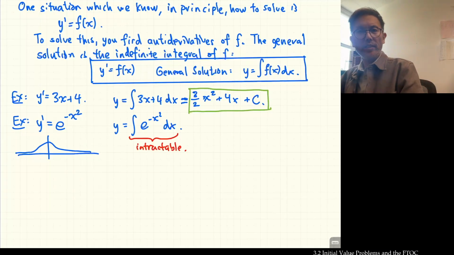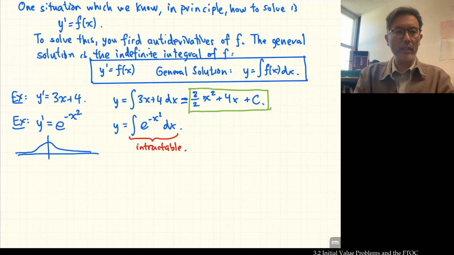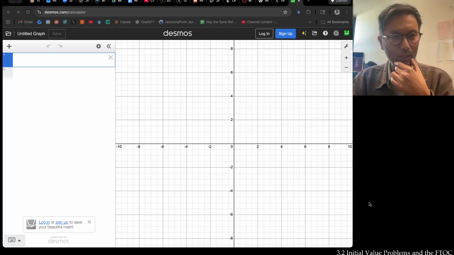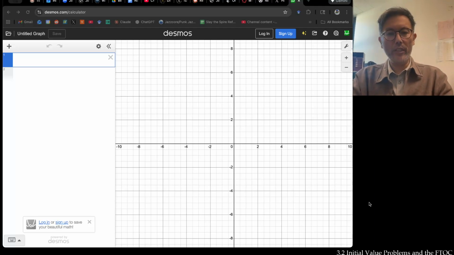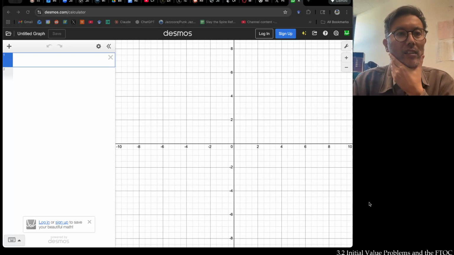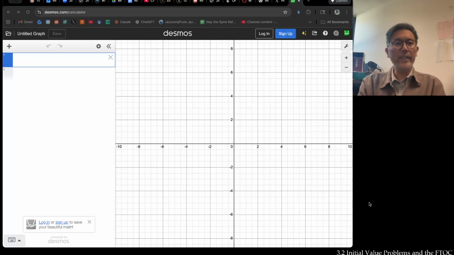Now, I want to talk a little bit geometrically about what this family of curves looks like. If we go to Desmos, and I've hopefully got it queued up here, then I can enter in, oh, that means I have to open Desmos on here. Yeah, we can enter in this family of curves. We can literally put 3 halves x squared plus 4x plus c. And we can set up a slider for c